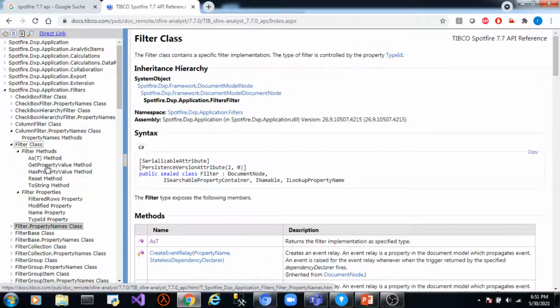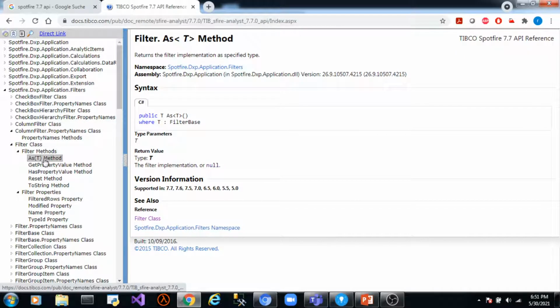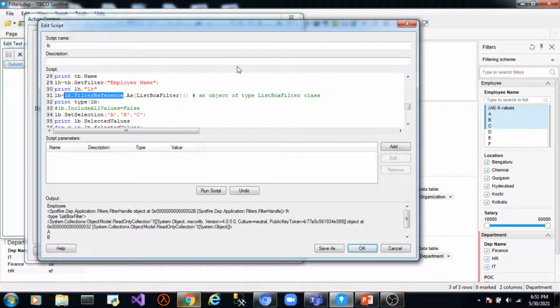These are the properties and methods we can use. So this is the method we have used here to parse, as T, as listbox filter. So this will return an object of type listbox filter.